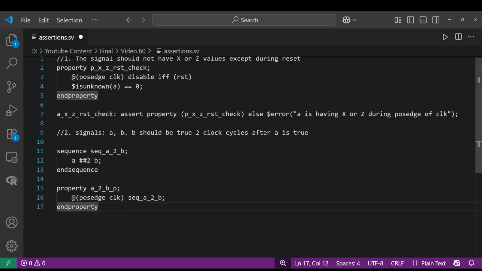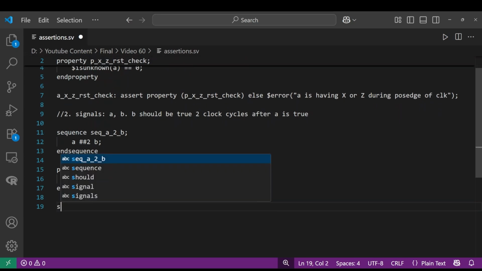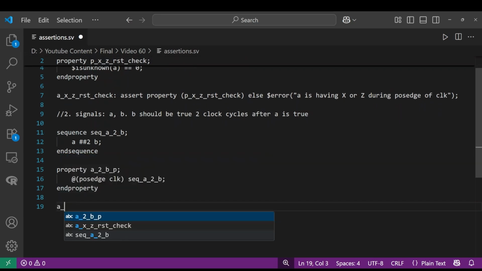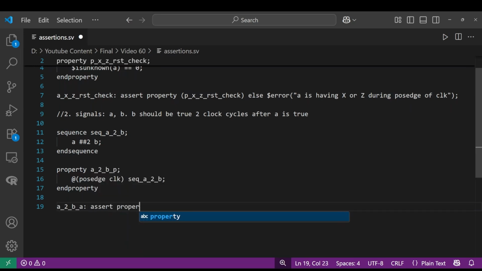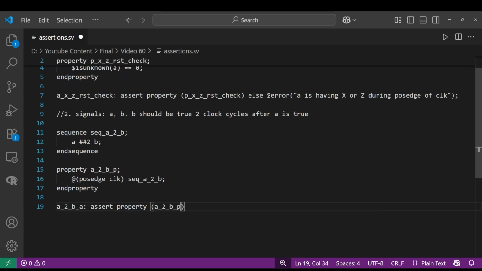So let's begin with asserting the property, and it is going to be very simple. I will just write the same thing, A underscore 2 underscore P, and here I will replace P with A just to ensure that it has the same label, and I am asserting that particular property with the label A underscore 2 underscore B underscore P. So here you just have to write assert property, and inside this you just have to write the name of the property, and I will just write else. It will display an error,